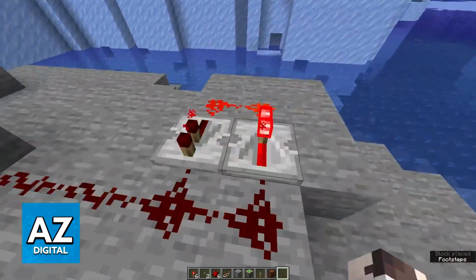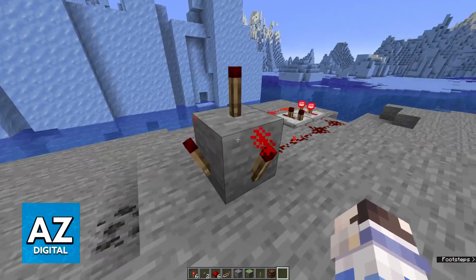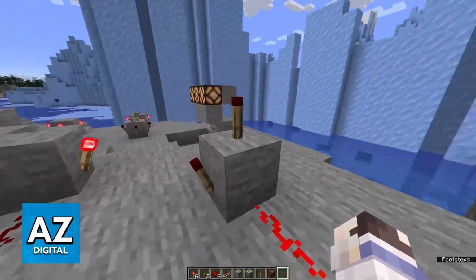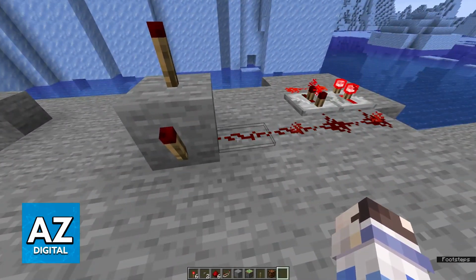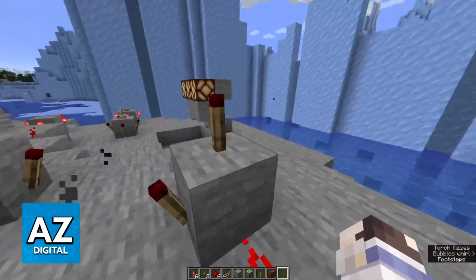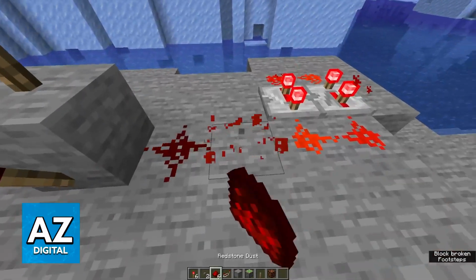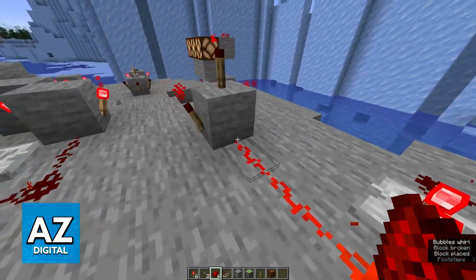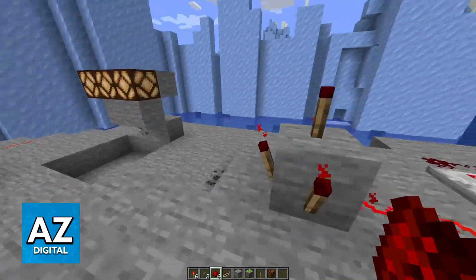So what you may try to do is lower them to the second option. If you lower the delay to 2, what will happen instead is that the redstone torch actually fizzes out. As you can see, it is now turned off completely, which is a weird thing, but it is intentional. This means that if you want the redstone torch to repeatedly flicker without burning out, you have to set them to 3. If you set the delay on these redstone repeaters to 3, then you will be able to infinitely flicker them on and off. As you can see, they are turning on and off and on and off.